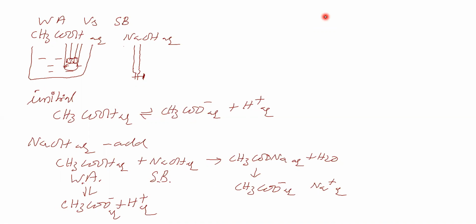If you feel there is a difference, it means lambda m, the molar conductivity, is also different. So molar conductivity is different, which means here the molar conductivity will be more, or here it will be more. In what way are you thinking? So finally, do you say the molar conductivity will be higher here or higher there?